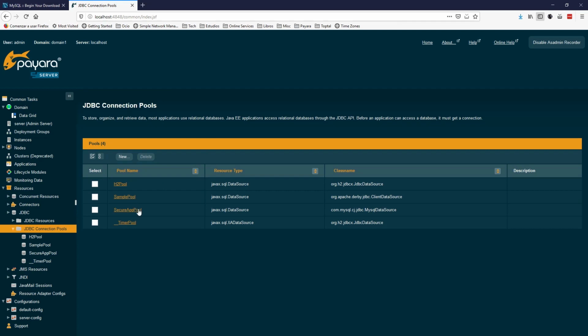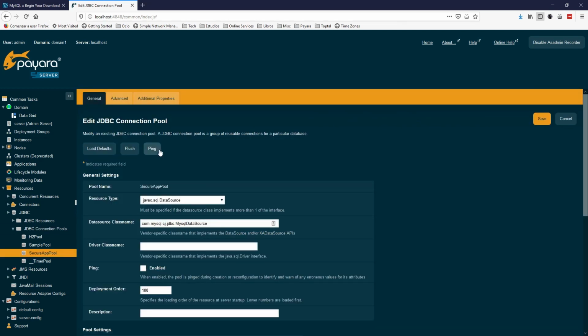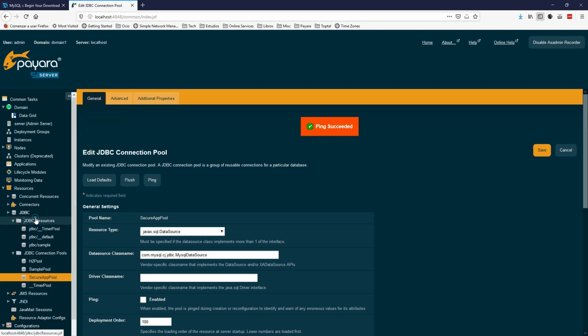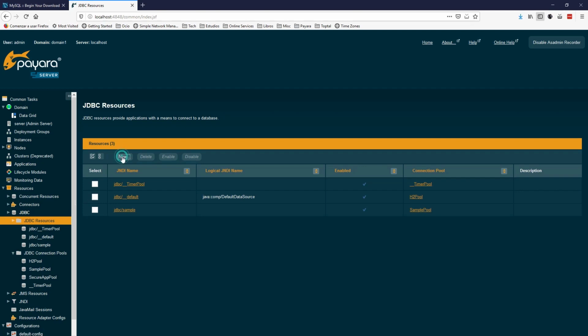Let's check that I can connect to my database by pinging it, and you can see that the ping is successful. So with the connection pool ready, let's create